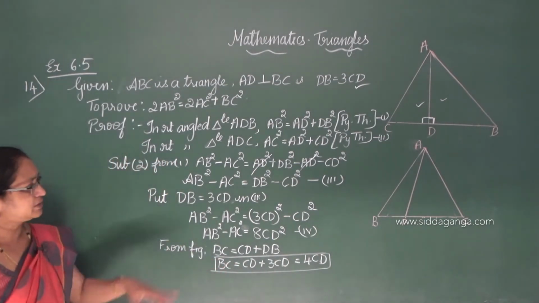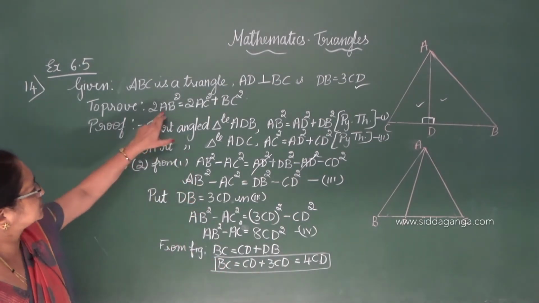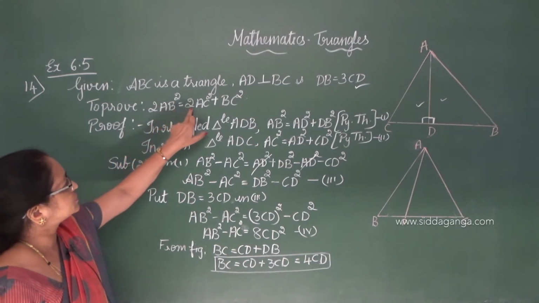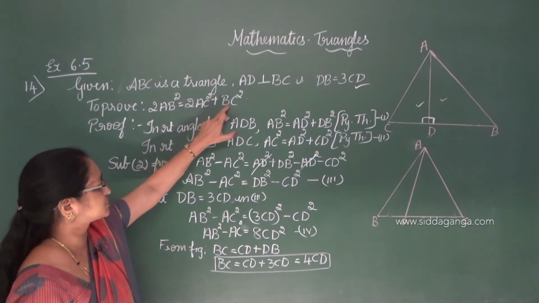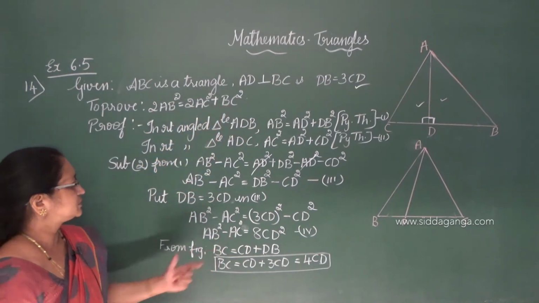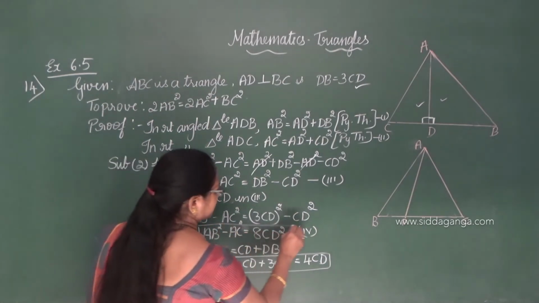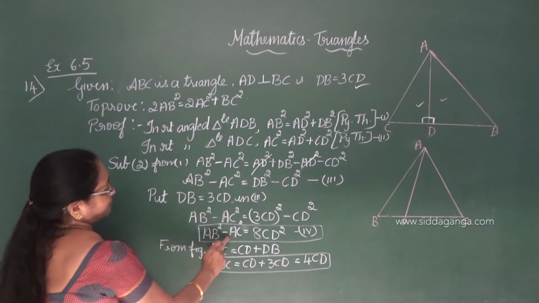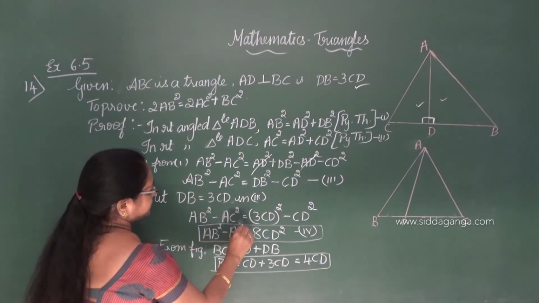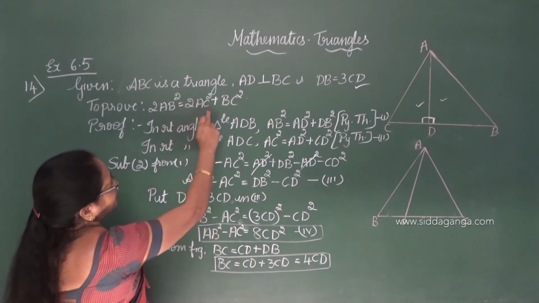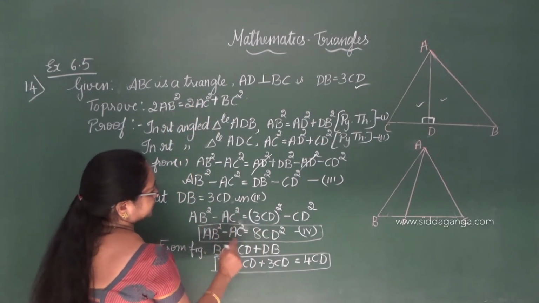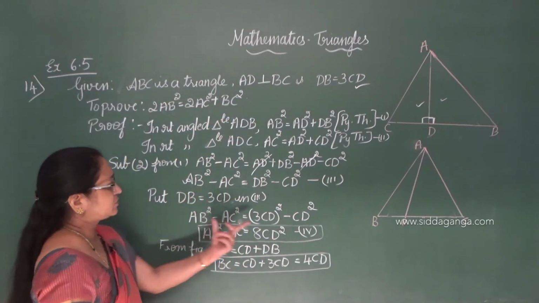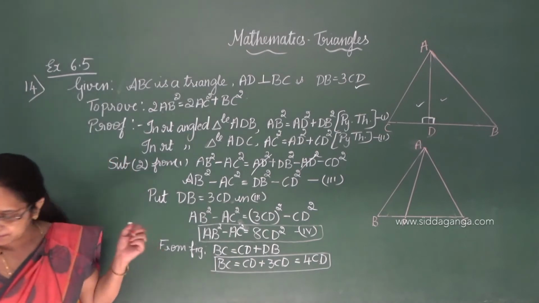Now here our main equation is this. Observe here. We need 2AB square is equal to 2AC square plus BC square. Now just observe this equation. AB square is there, minus AC square; if you bring it here, it will become plus AC square. CD, I have to replace CD by BC, correct? Then only we can get it.